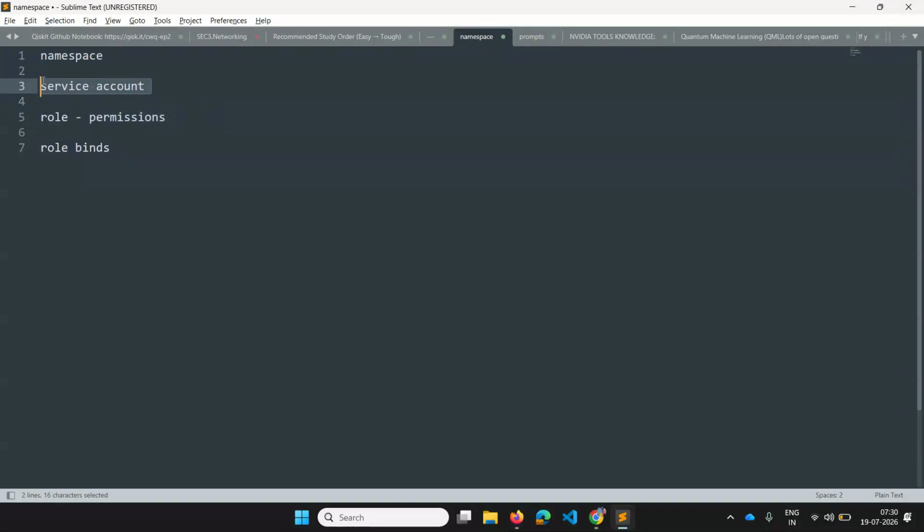If you just give the name identifier and just create the role, he cannot do anything. But if you bind the role, that means I attach these permissions to this service account, that is called a role binding, and then that particular person can perform the tasks for which we created the role. So that's about namespace, service account, roles, and role bindings.